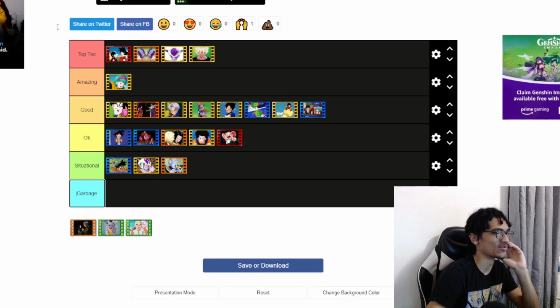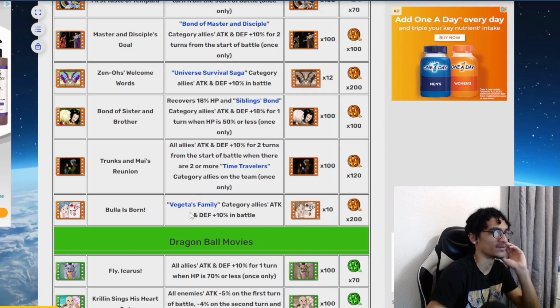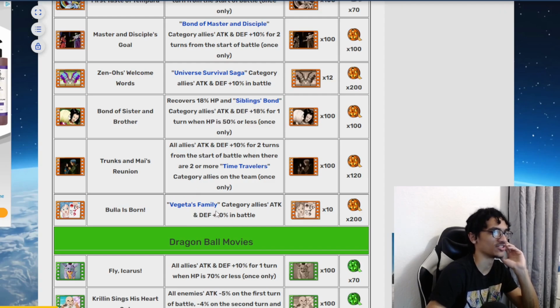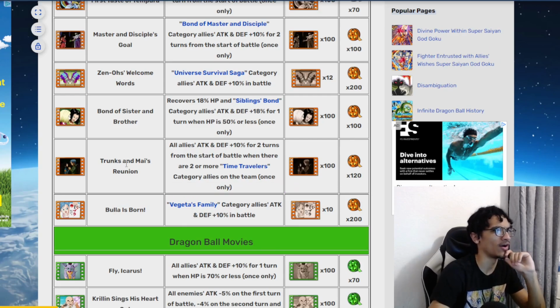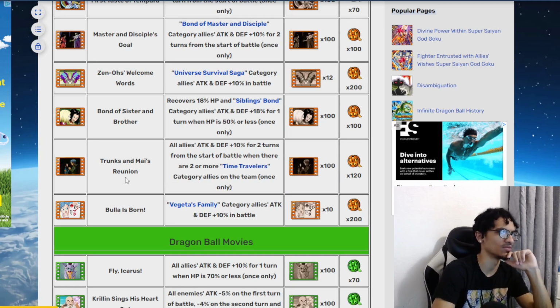And Bala is Born is not on here. Bala is Born gives Vegeta's Family category characters 10% attack and defense in battle, so this one's definitely a top tier one. And Trunks and Mai's Reunion gives all allies 10% attack and defense for 2 turns from the start of battle